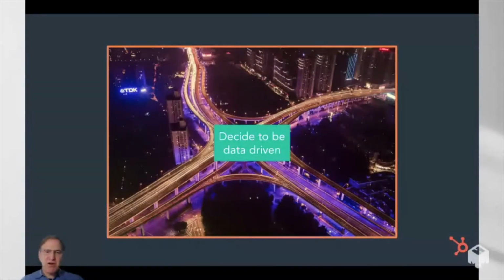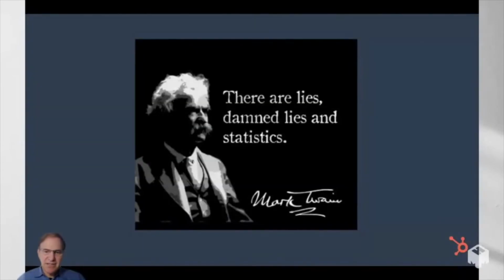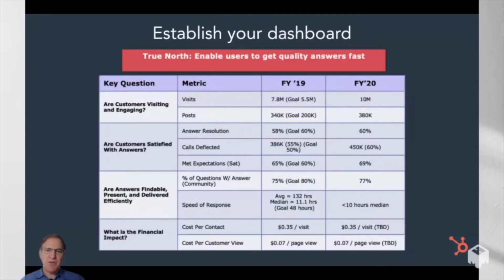The last part of this framework is to be data-driven. We all talk about data-driven. As our friend Mark Twain likes to say, lies, damn lies, and statistics. So I think the key here really is that as a group, it's important to be clear about what the true north metric is, what the other statistics or metrics you're trying to solve for, and make sure the team understands that. Those metrics should support the questions you're trying to answer on the community.